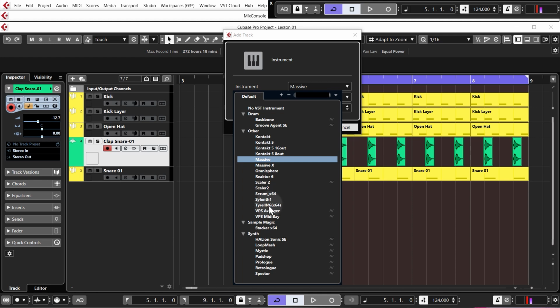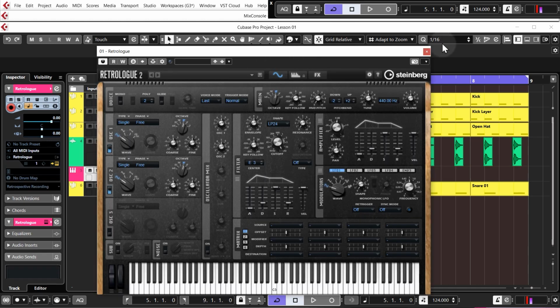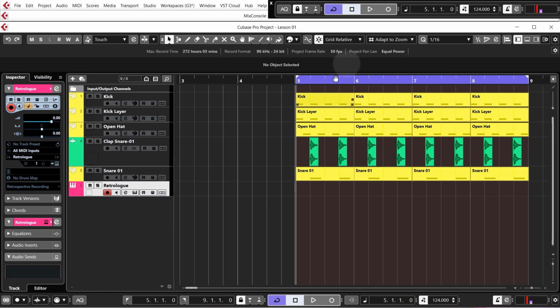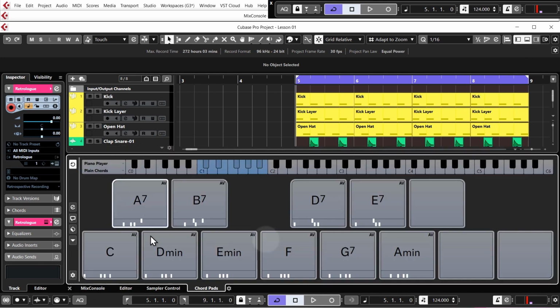Now in the next lesson, I'm going to show both users, Retrologue users and the Tyrell N6 users, how to create a lead sound using that synth. But for now, we're just going to use a stock sound. So again, just load up Retrologue or Tyrell N6, click add track. No matter what synth you're using, let's just close that. We're just going to use a stock sound just to get the melody right. I'm just going to move that down. And let's just go for Chord Pads, which is in the lower zone. So we cover Chord Pads in the beginner's tutorial, but if you're unfamiliar, all it does is give you